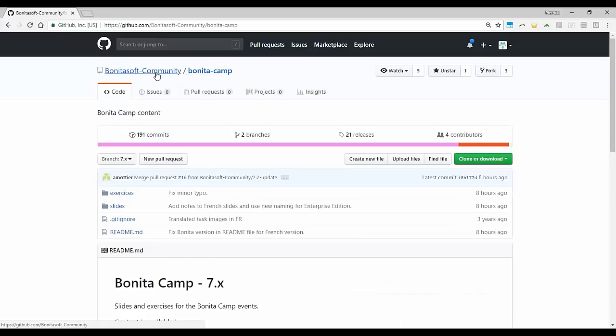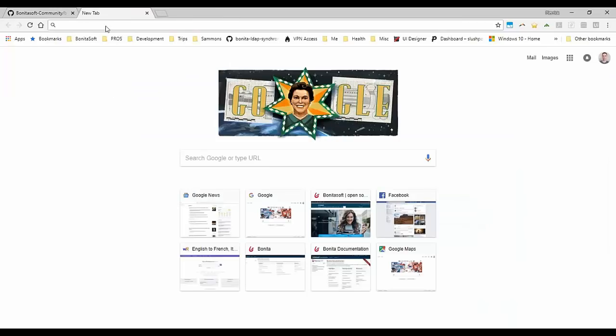As part of the community, we also have a forum and a blog. So if you have any questions, obviously feel free to go there. If you are mostly interested in professional services or the enterprise edition of the product, then you have to go to bonitasoft.com and request a contact, provide your information, and people will come back to you and answer your questions.